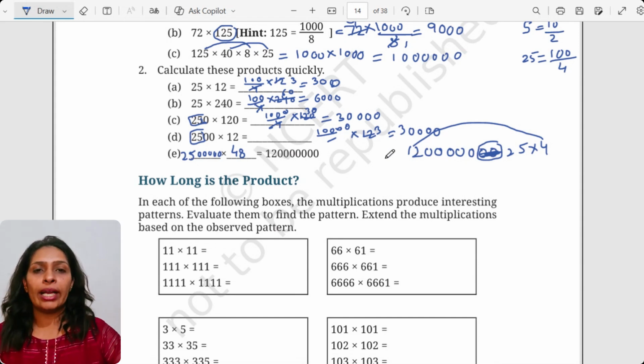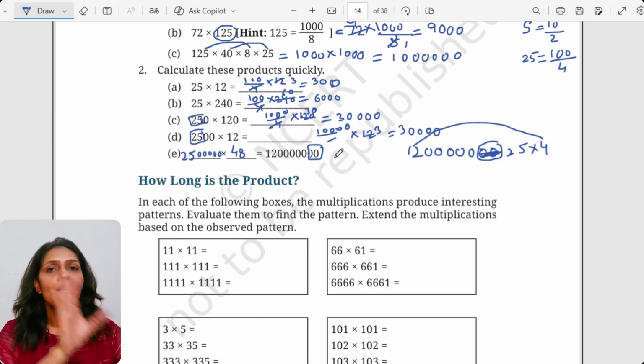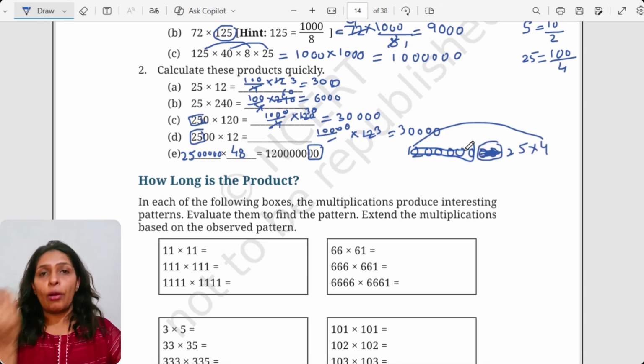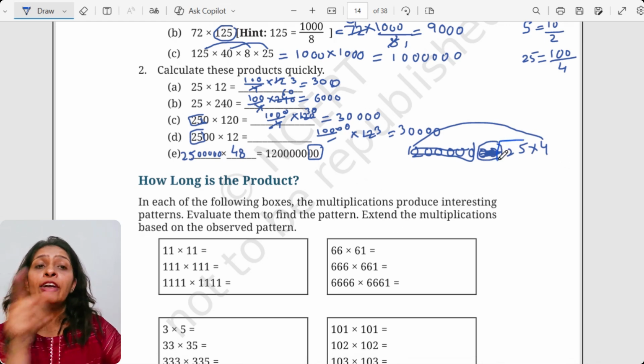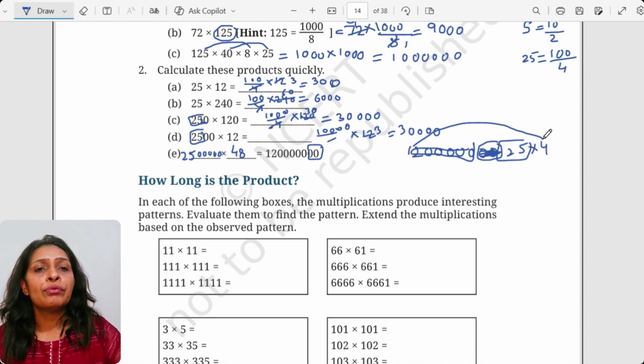Again, I'm repeating, what I did is, it was a huge number, and I just took 100 out of it. Why 100 only? Because I know a smart combination of 25 and 4. So 25 fours is 100. So I can replace the last zeros, and I can write 25 multiplied by 4, and the number will remain as it is. But since I want to make it with the combination of 25, what I did is, 25 left alone, and 4 multiplied by this number gets me this here.